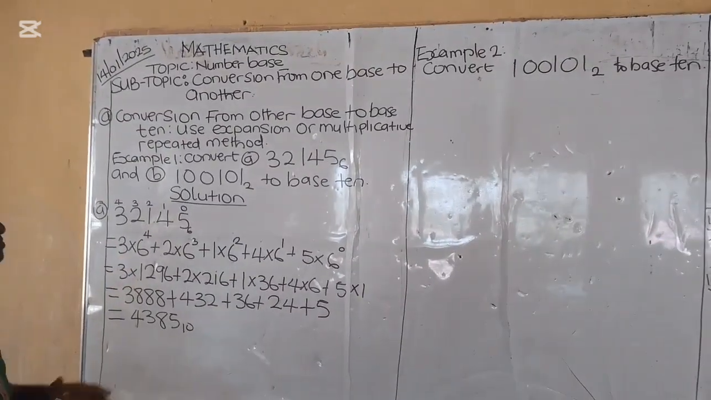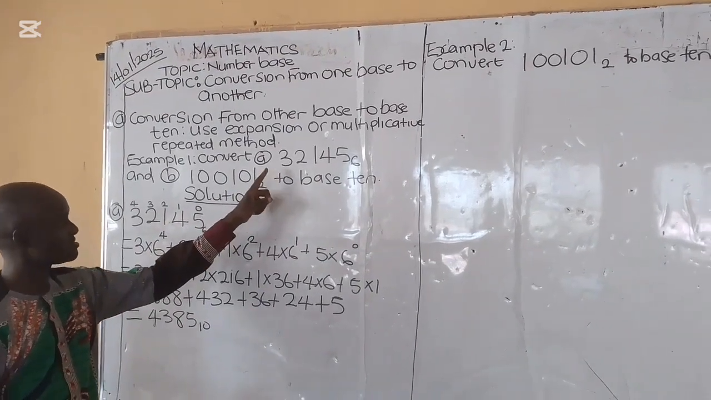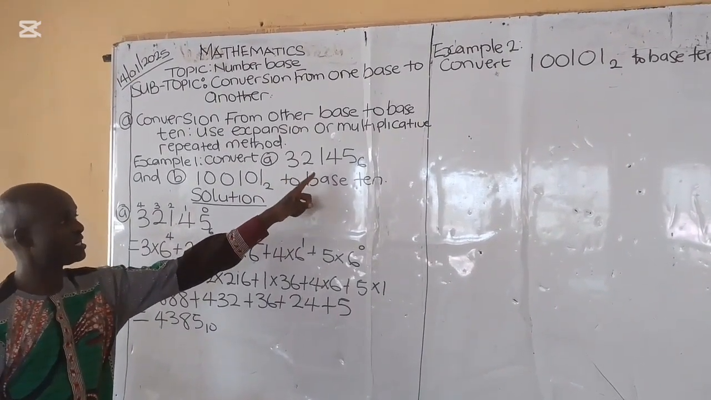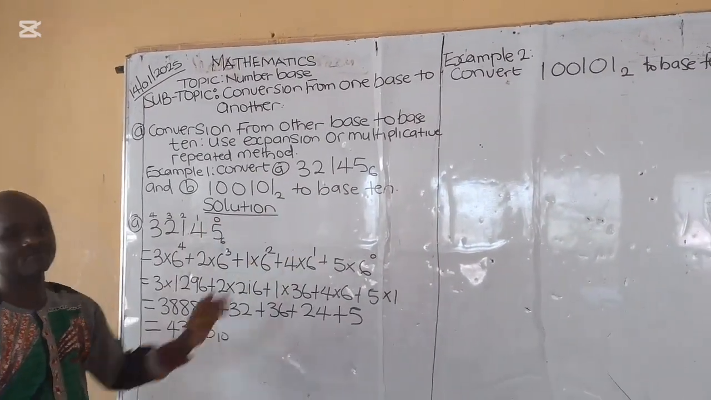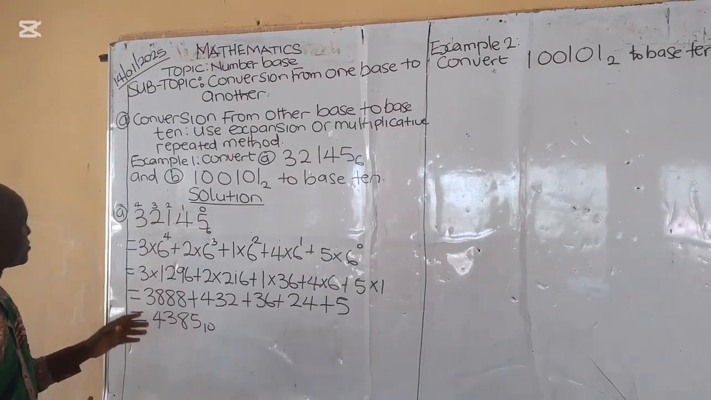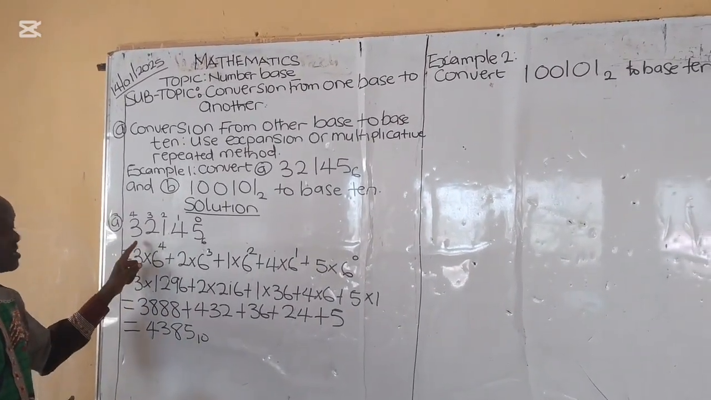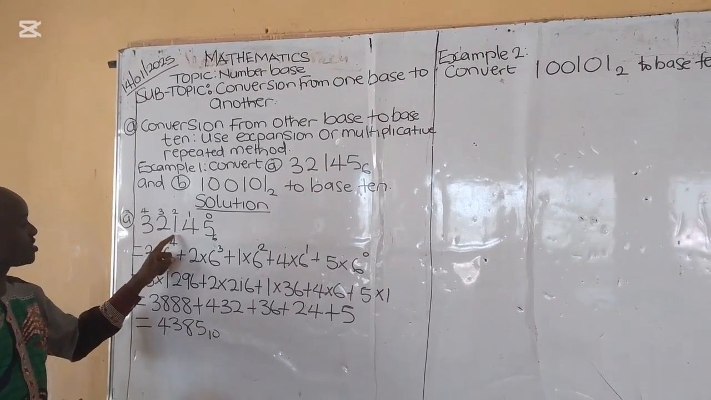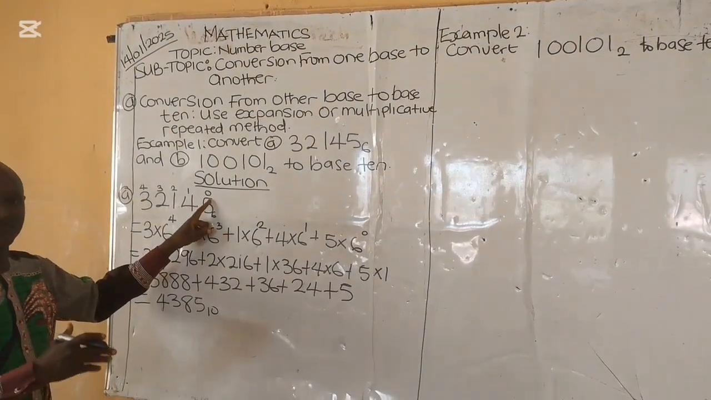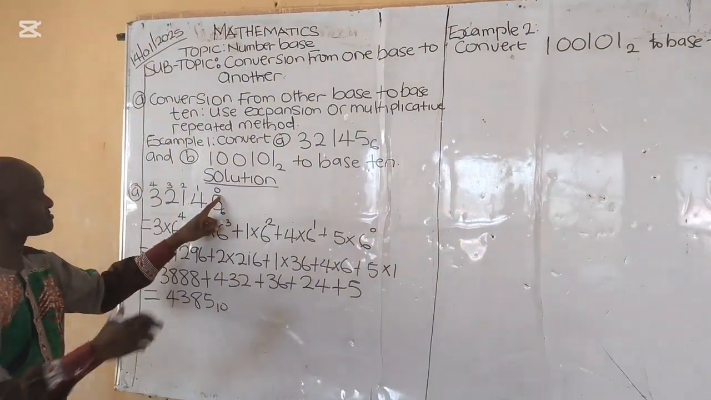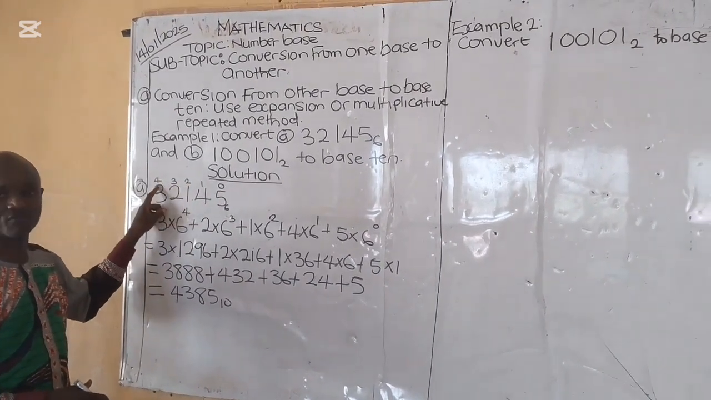Now, we have an example to illustrate this. Convert 32145 in base 6 to base 10. Solution to that, we have it this way, whereby it is written 32145 to base 6. You place the value starting from the extreme right end: 0, 1, 2, 3, 4,